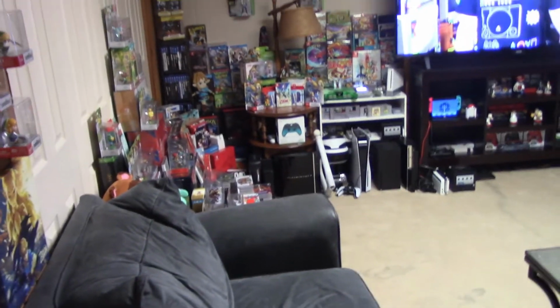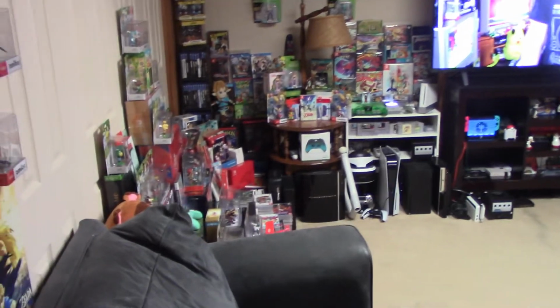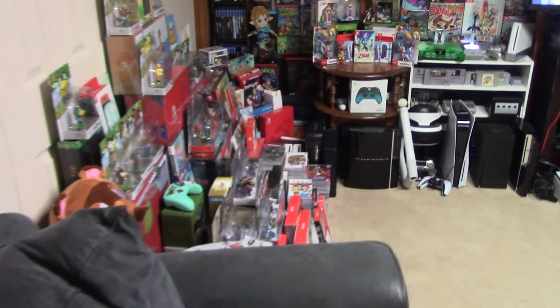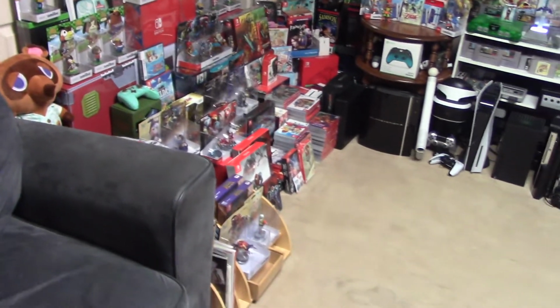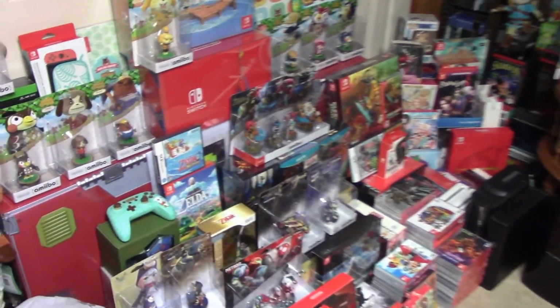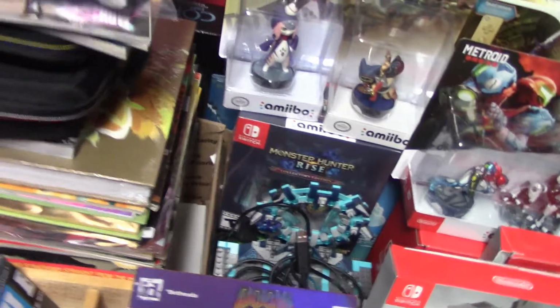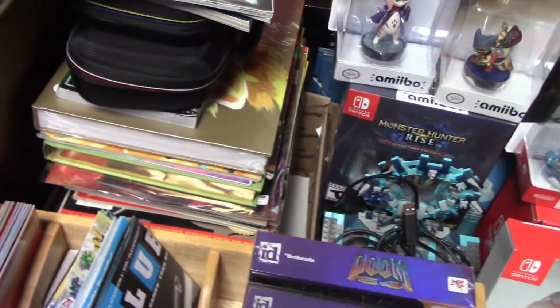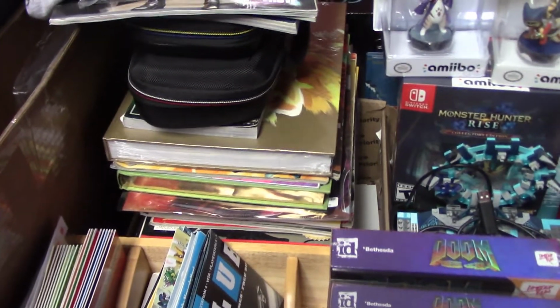But this is the area right in here, I think, that is definitely the worst. Just this pile off to the left really does bother me. It's all that stuff, I don't want to have it on the floor. I really need to get it up off the floor. And there's things in there that you wouldn't even be able to see. Like right here, under all this stuff that goes all the way down to the floor, and that's probably about a foot and a half off the floor, and that is all books, magazines, Nintendo Powers, strategy guides,